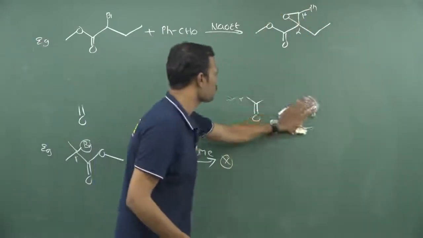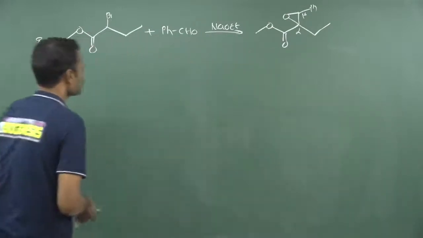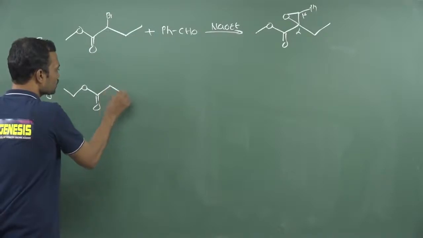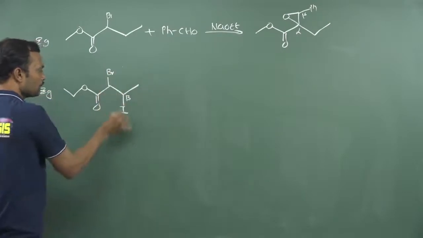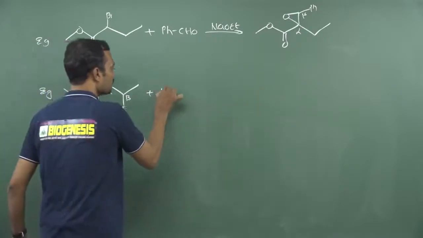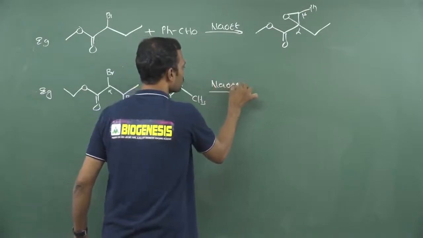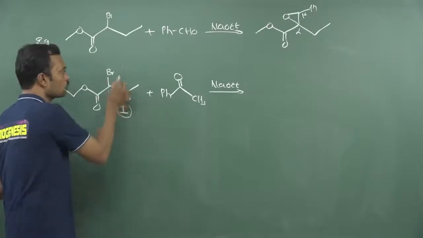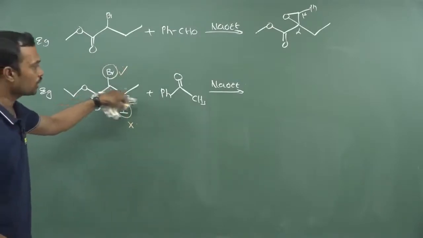Glycidic ester condensation is a topmost reaction, which is most important for all kinds of entrance examinations. So the only thing is you need to know the shortcuts involved in this one. See here, this is the alpha carbon. Here a better leaving group is given at the beta position, and here the excellent leaving group iodine is preferred over bromine. Okay, but what happens, see here I would like to use a carbonyl group here. Now if we use NaOEt, irrespective of the nature of halogen at the beta position, don't try to use halogen at beta, use only halogen at the alpha position. Why? Because at this place only deprotonation will take place with respect to this base.